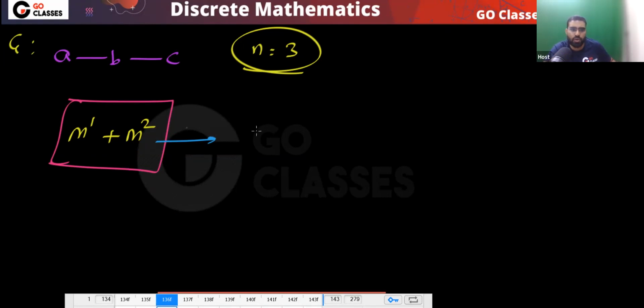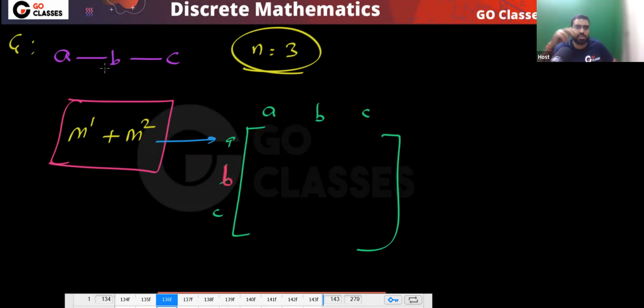So you can easily see, if you do M plus M square, then what will happen? For A, B, C, what will you get? From A to A, a walk of length 1, there is nothing. Walk of length 2, there is 1. From A to B, there is 1. From A to C, there is 1. From B to A,